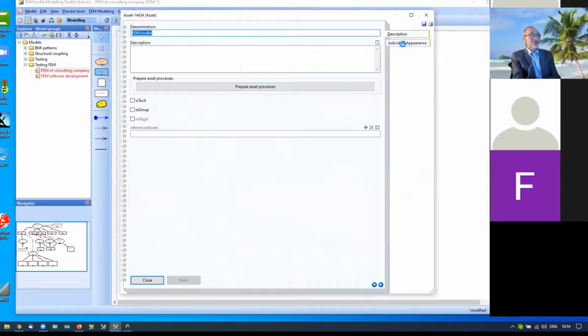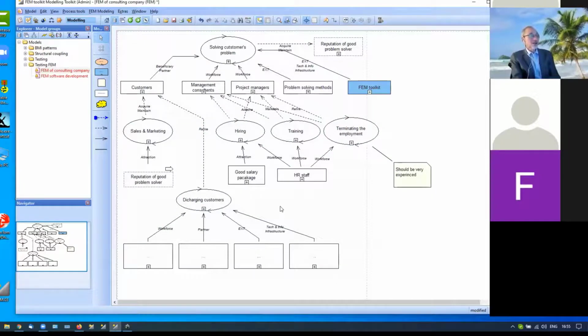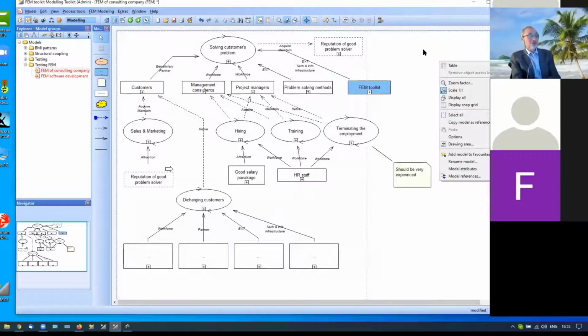Then if you want to make something more clear, you have the possibility to define how it looks. We can say this is individual. Default will be everything. Right now it's everything without color. If individual, you can choose color here. And here you choose color for main and for ghost. So it will be like this. If you want to change default, you can right click and choose